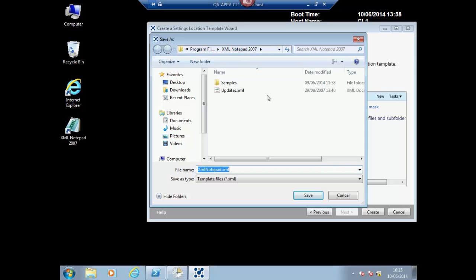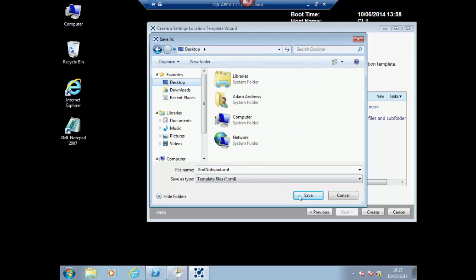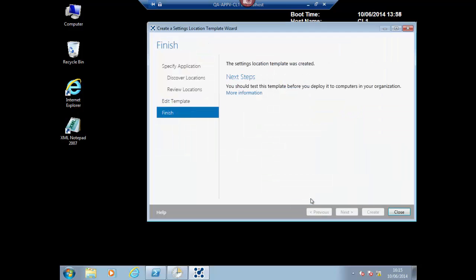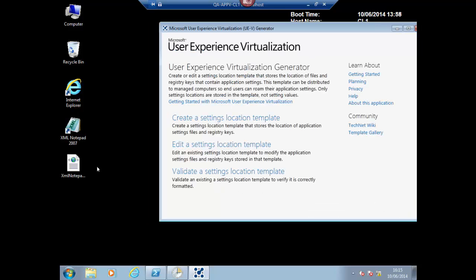So now I click Create and I'm going to save this template. By default it goes into the same location as the application, but in this case I'm going to save it on my desktop. Okay, and then we close. So now if I open this